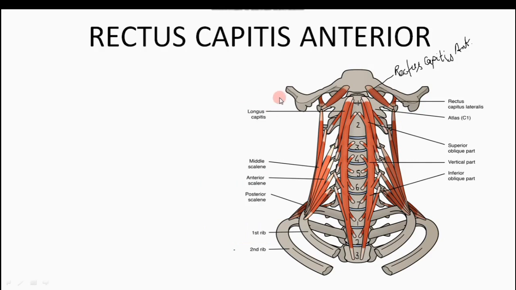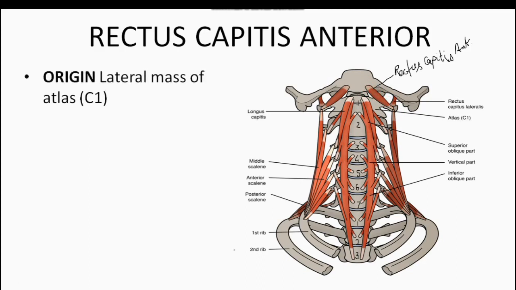Rectus capitis anterior. This is the rectus capitis anterior. See how the fibers are running. So the origin of this rectus capitis anterior is from the lateral mass. See, what is the lateral mass? As we talked about the transverse process in the other vertebrae,